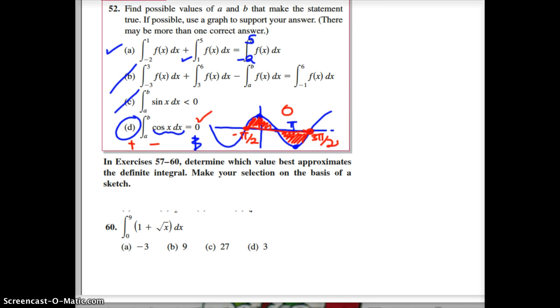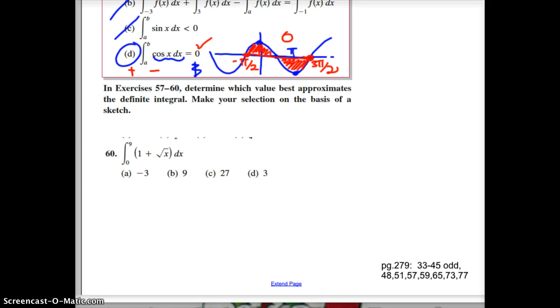On the last one that I'm going to do with you today, this is a really good AP type of question to be done without a calculator, because it means you really understand what you're doing when you're being asked to find a definite integral. I want to know approximately, and these are really far apart, by the way, what the definite integral would be, which really means what's the area beneath this function, and